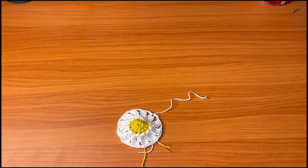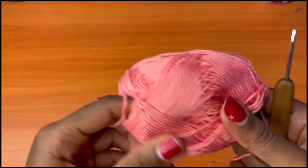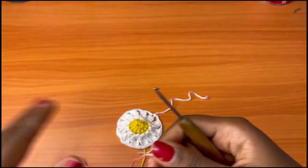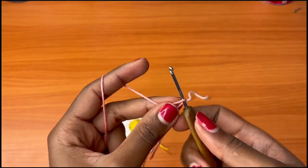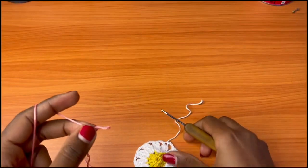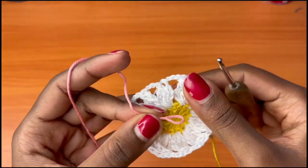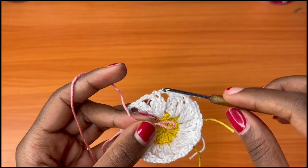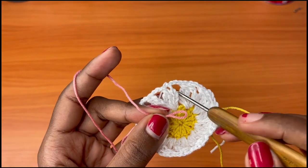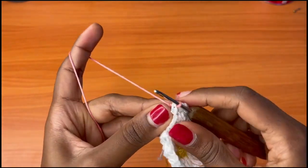Now I'm going to introduce my third color, and that is pink. I have this pink that's really pretty, and I decided to go with it. You're going to make a slip knot, and you're going to go into this chain right before the slip stitch. I'll be showing you why I do this, why I attach my yarn in those particular stitches. So into that chain before the slip stitch, I'm going to attach my yarn,